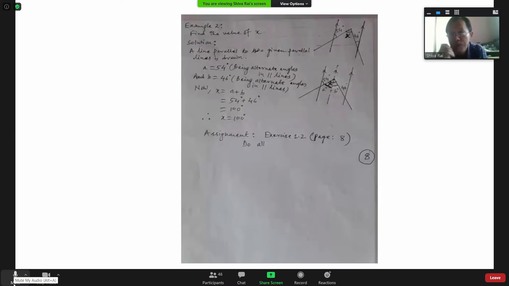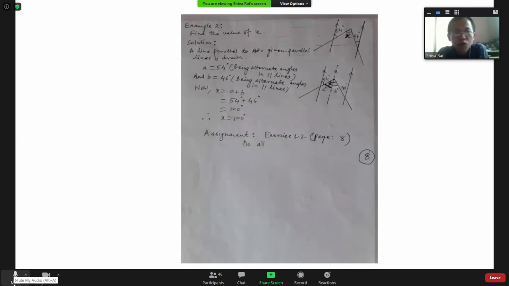Construction means we have to draw a straight line here. If we cannot find the value being asked, we cannot solve that problem. From the given figure, we need a helping figure. Here, a helping figure means we need a straight line. But from where to draw that straight line? You look, this is very important. You can find this similar type of problem in your book also. So in some cases, you have to make the construction like this.